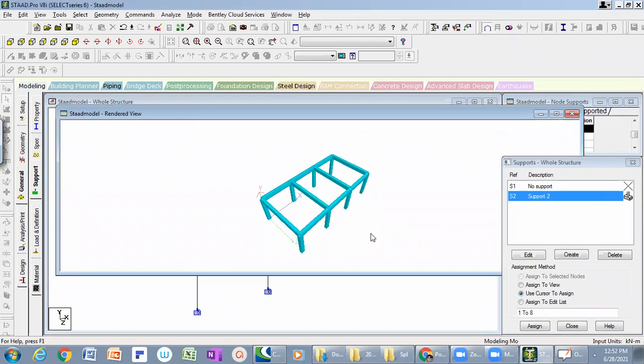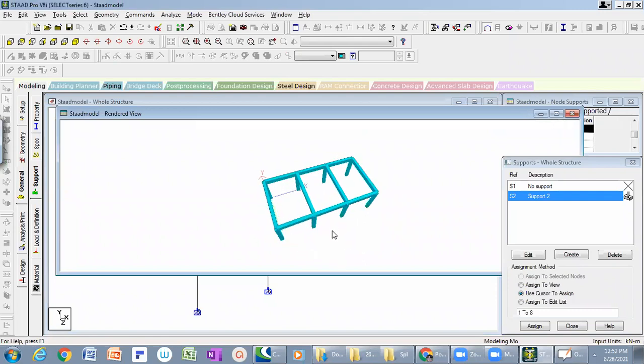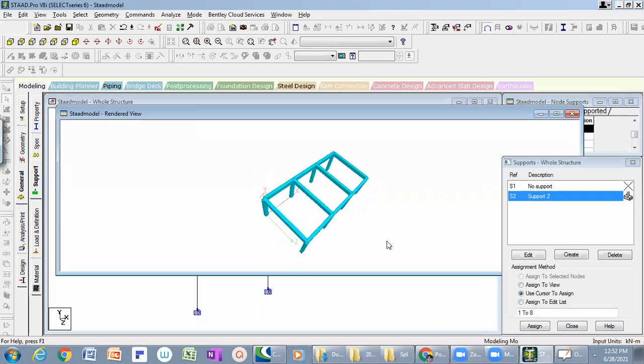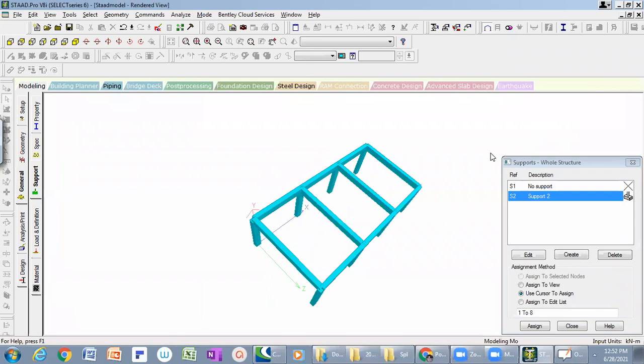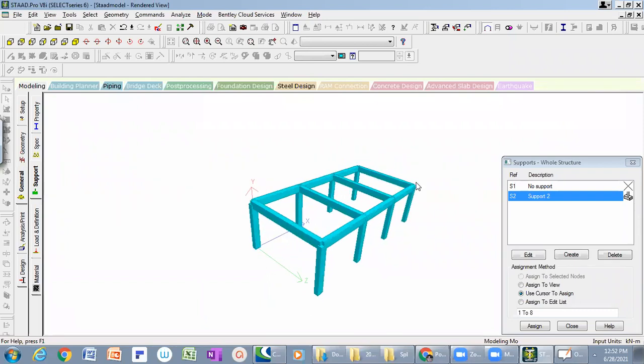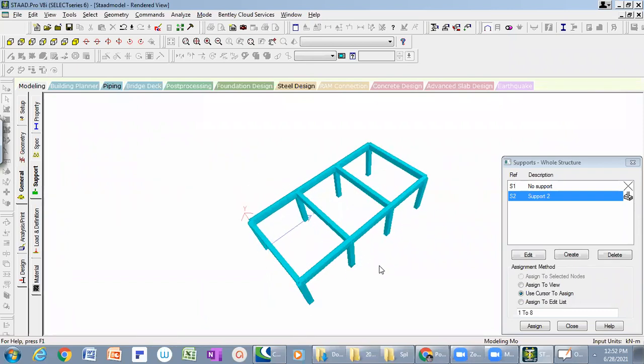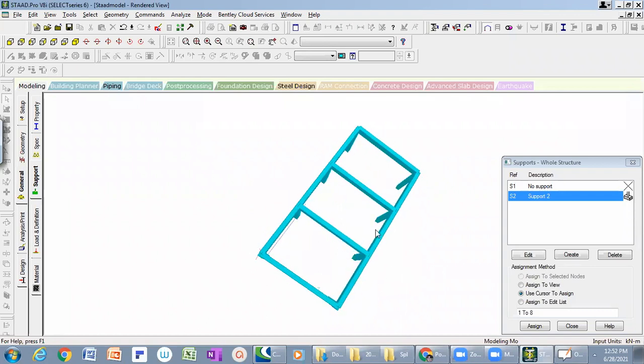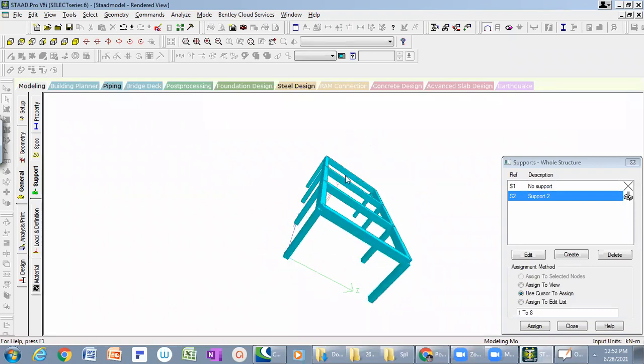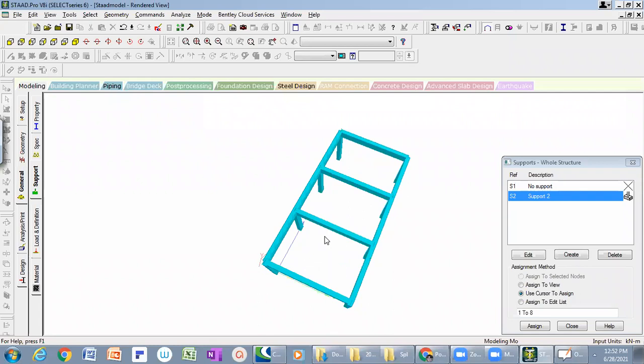And you could rotate and see it. See, if you rotate this, you can see what it looks like here. If you zoom in, you can see it very closely. You can also enlarge the window if you want to see it. If you want to change the orientation of this column, in the sense that it is in a different direction,